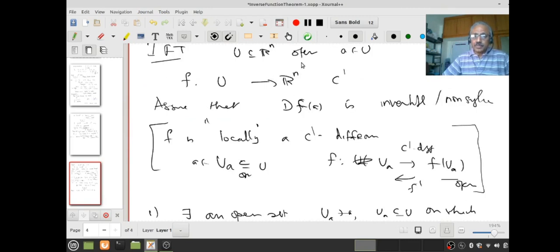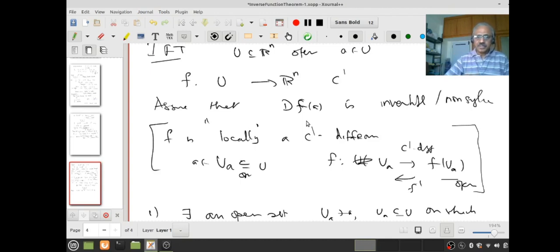Remember, U is open, right? Therefore it's an open subset in R, therefore it's a disjoint union of open intervals. And suppose I say df at a is invertible, that means f dash a essentially is non-zero. That means either it's positive or negative. You understand? Therefore if a belongs to an open interval which is contained in U, then I know that f,